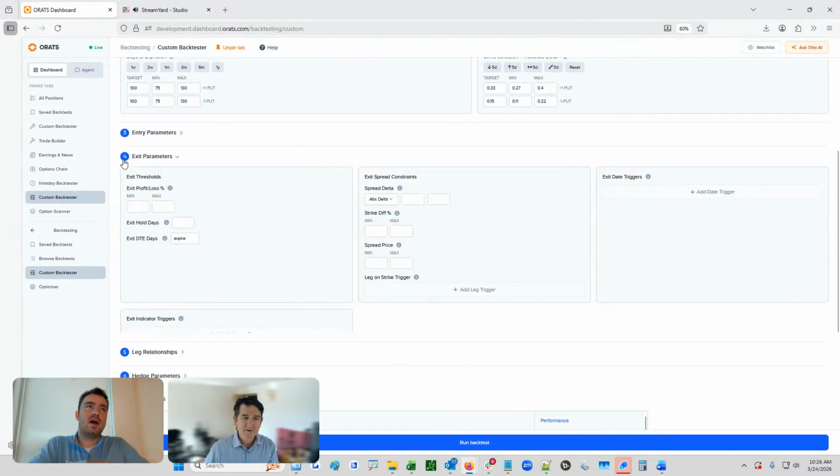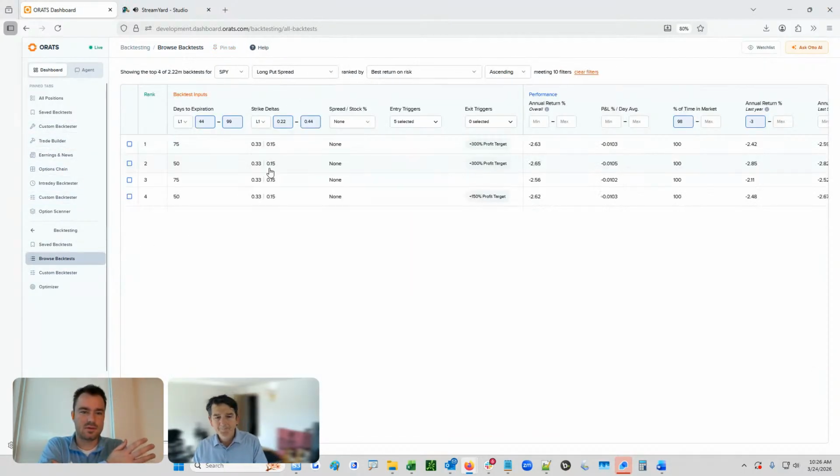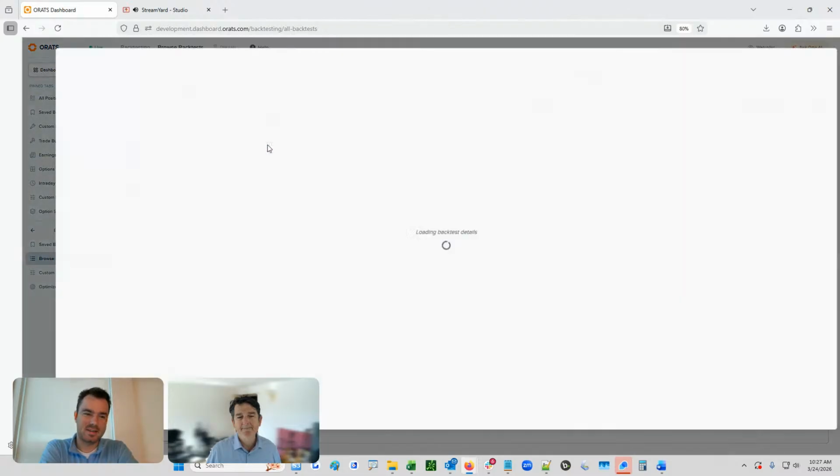So the way we do it is really important when it comes to some of these longer dated strategies. You might have noticed that one we were looking at was 75 DTE, and we looked at 100 too. Those really long-term strategies can be very path dependent, but we basically take out the path dependency